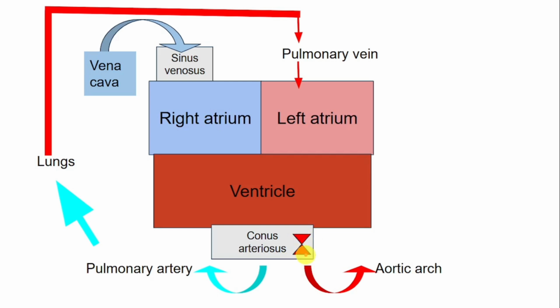The details are not given in the NCERT textbook. You only need to remember this name, conus arteriosus. From the aortic arch, it will go to the body, and through the body, all the oxygen will be consumed and deoxygenated blood will come back into vena cava. So it was so complicated to draw another arrow, so that's why I didn't add it here. I hope this flowchart is clear enough to give you an idea of how blood flows in a frog's heart.